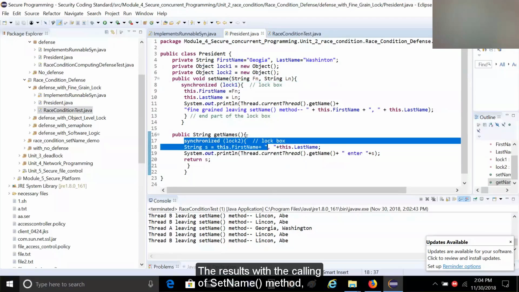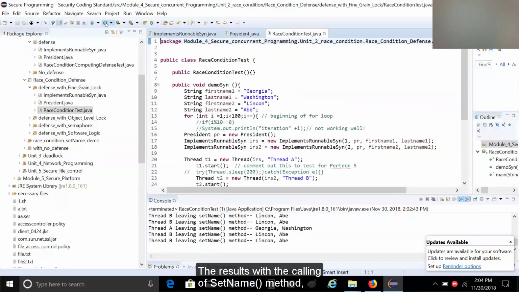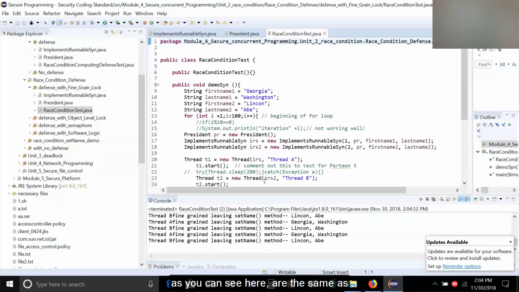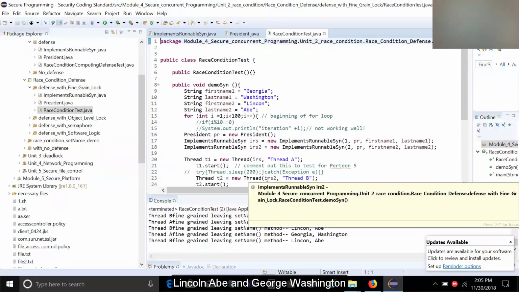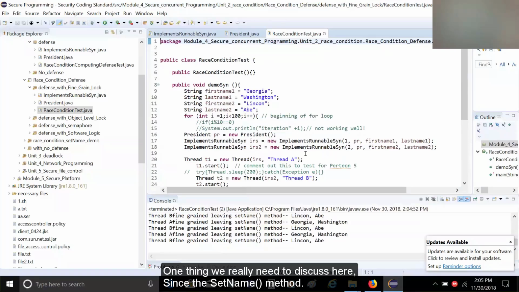The results with the calling of the setName method, as you can see here, are the same as the object level lock mechanism. They are consistent: Lincoln AB, George Washington. One thing we really need to discuss here,